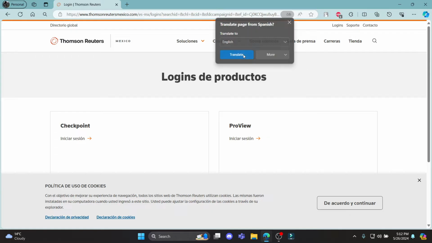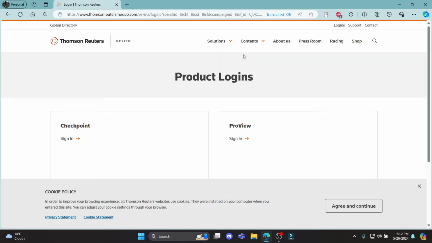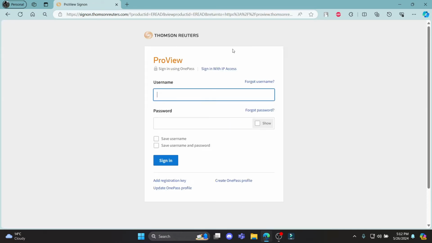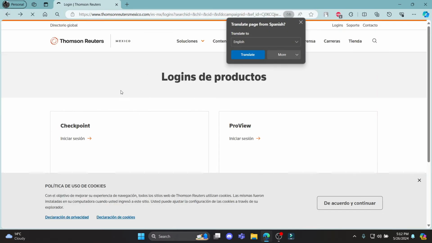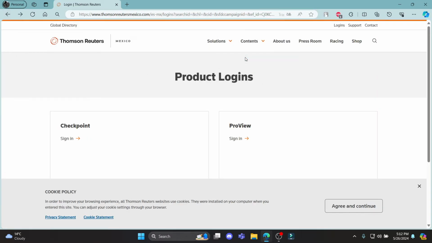of Thomson Reuters. You can also click on translate and translate this and click sign in, which is over here, or you can also click sign in, which is over here. These are two different things. It's the Pro View and the first one was the Checkpoint, so you can choose your one and go ahead